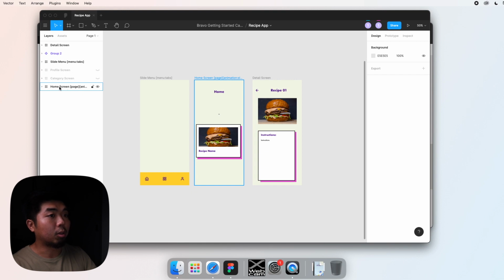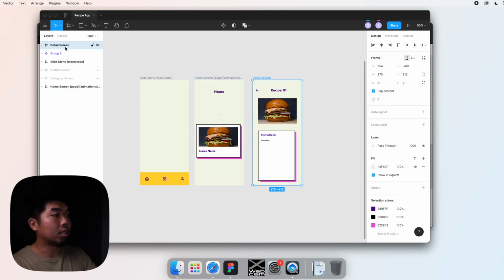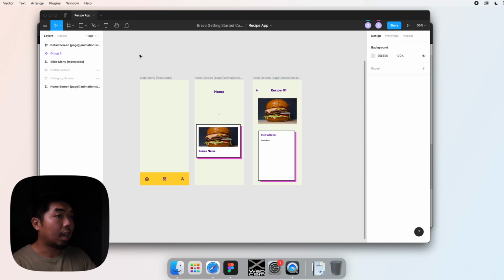So again, right in the home screen, the top, the main frame. Now I'm going to do the same thing for the detail screen. I'm just going to paste that whole section there. And what this is going to allow us to see is some cool animations. So basically when the page loads, they're going to slide in instead of just popping up right in our faces. So again, I'm going to go back to the Bravo Vision app and show you folks how the animations work.